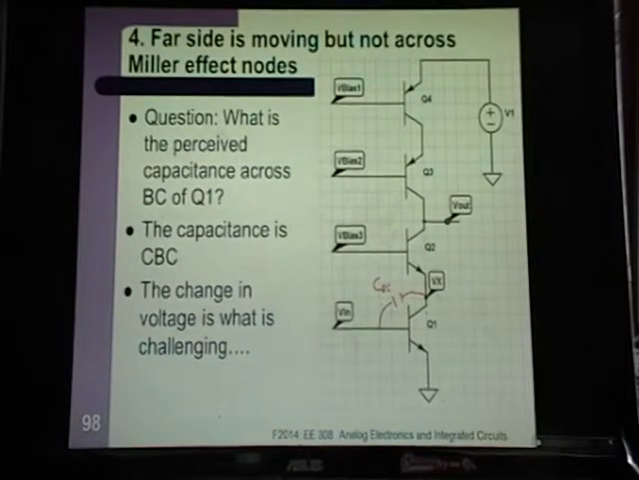Question is, how much bigger does that look? This is tricky. What you have to think about is, if I move this up delta V, the question is, how much does this node move? And this is tricky. Look at this node right here,